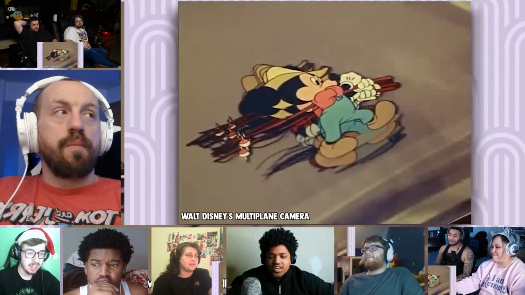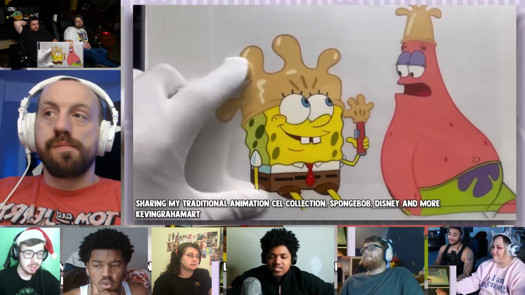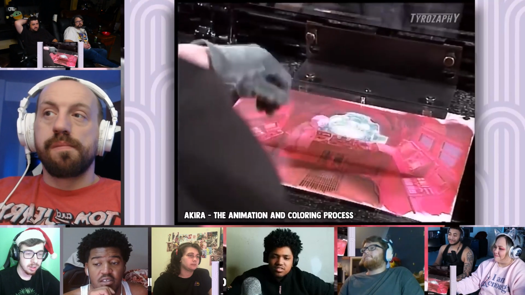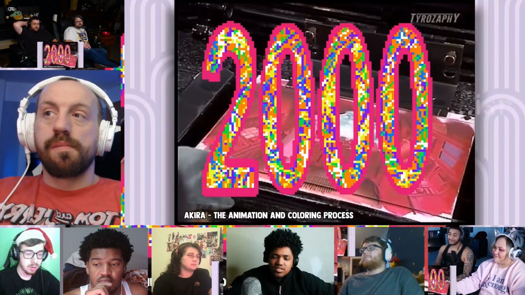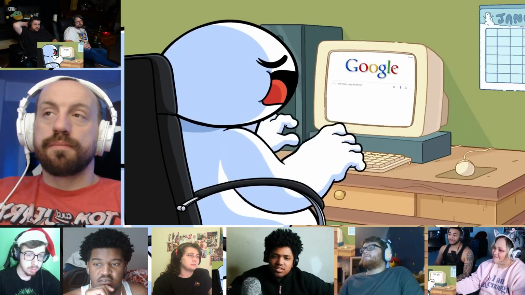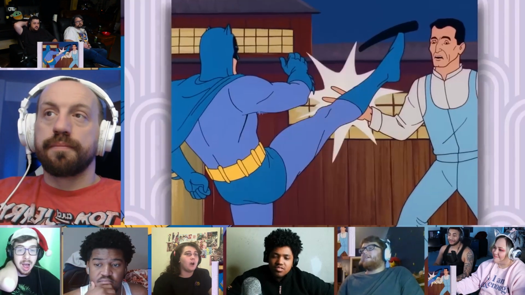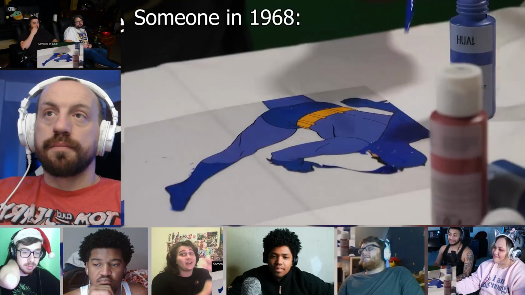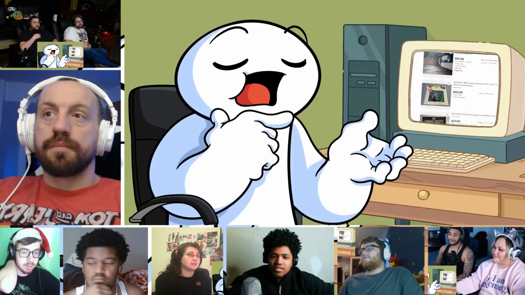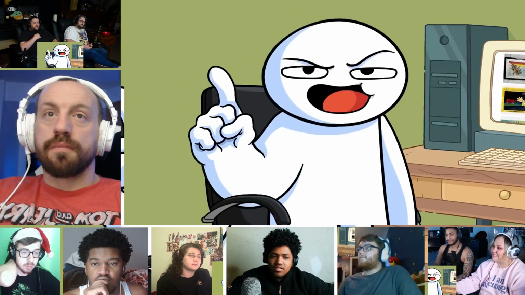So because celluloid sheets were used to animate every TV show, movie, and anime there has ever been before the year 2000-ish, by my calculations, there are millions of cell sheets out there. Like this single frame of Batman kicking, it's on a cell sheet somewhere. And more importantly, who owns it?